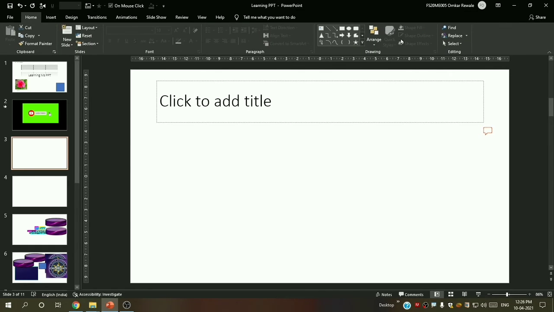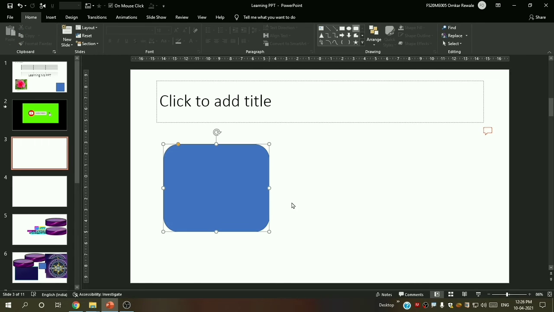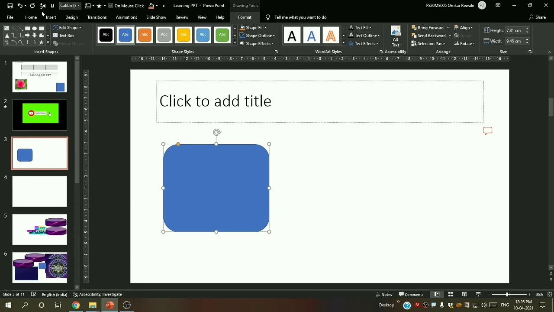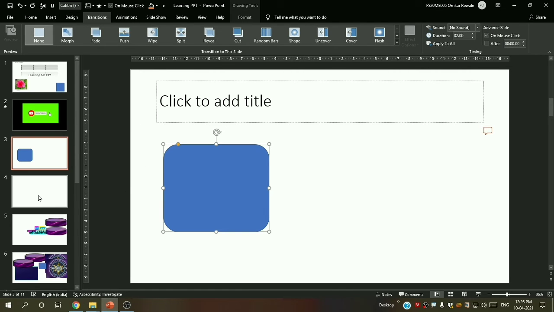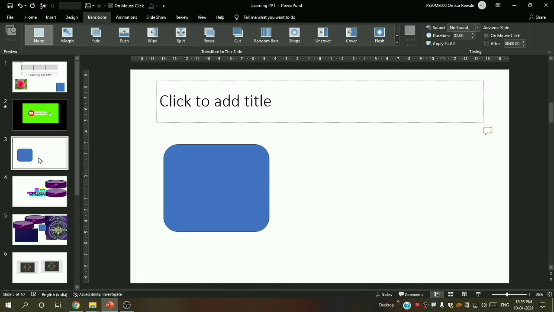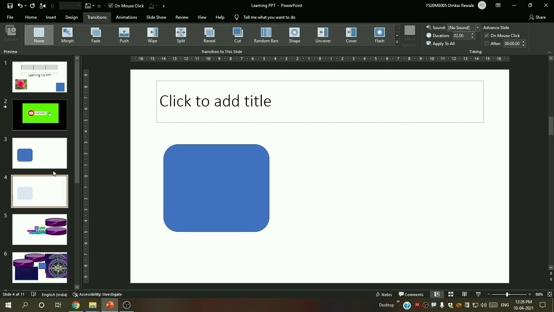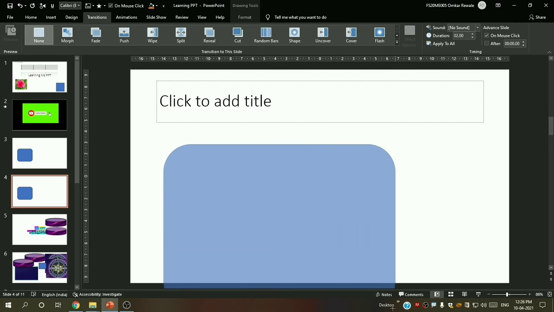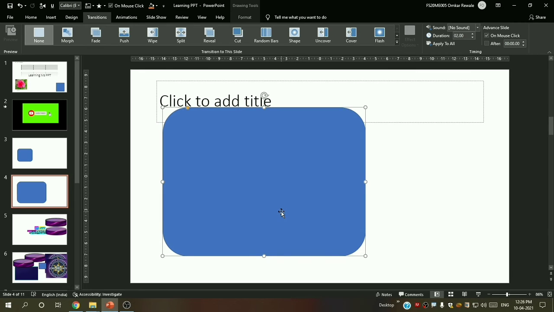Let me go to home. Then let me insert a shape. Let me then again go to the transition, and let me delete this slide. Now I will select this slide only, and I will duplicate this one only. Okay. So both the slides are the same, right? Now for the second slide which you have duplicated, you will select the shape and increase it somewhere here.